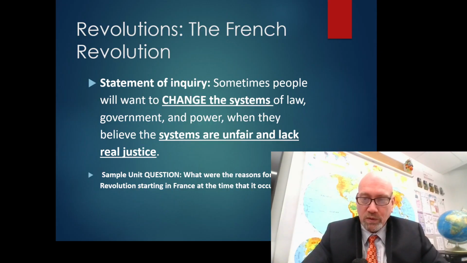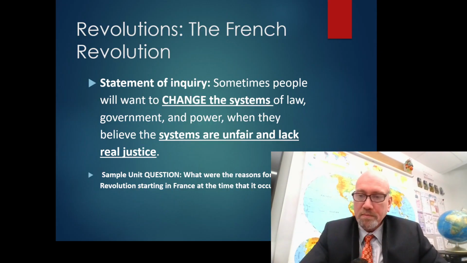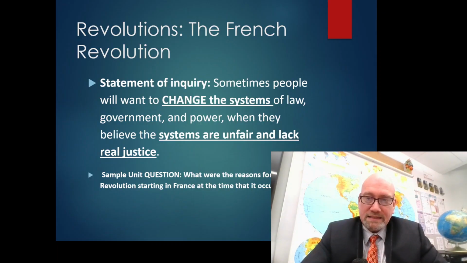That was a key ingredient that did not exist in other places in Europe to the same extent it existed in France. For example, Russia also had a tough type of feudalism, but a revolution and the end of feudalism came much later to Russia. Why did it come much later to Russia and come earlier to France?